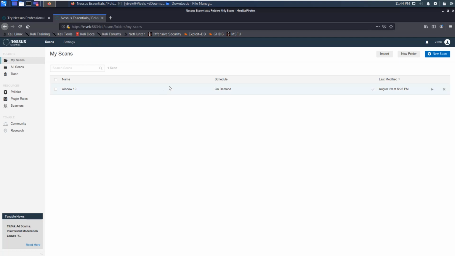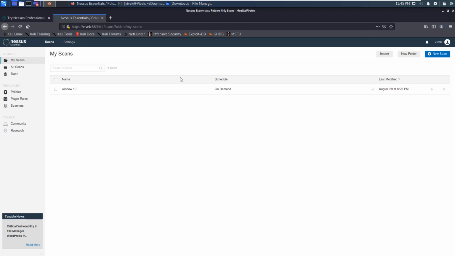Just click on this link, then it will ask for a username and password. You can enter any username and password. Then it will ask for the activation code. You need to put the activation code you received on your email. I told you in the very beginning that you need to register yourself for Nessus Essentials, then only you will get the code on your email.